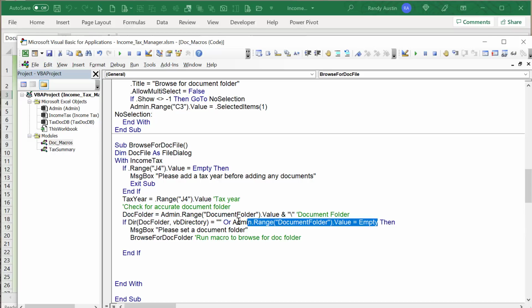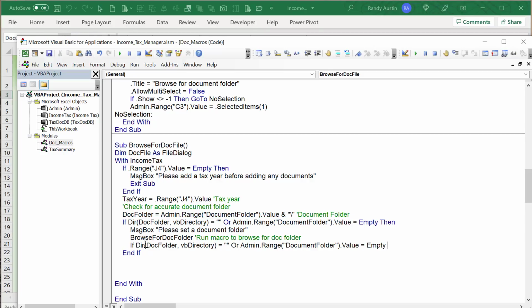So I'm going to copy this after that point, and then we're going to run if, right, either one of these conditions are empty, then exit sub, right? Giving them that second chance, but if then still empty, then continuing on. Okay, so assuming that they've passed all those tests, now what I'd like to do is set the document file, right? This one, document file. So set document file, and it's going to be equal to the